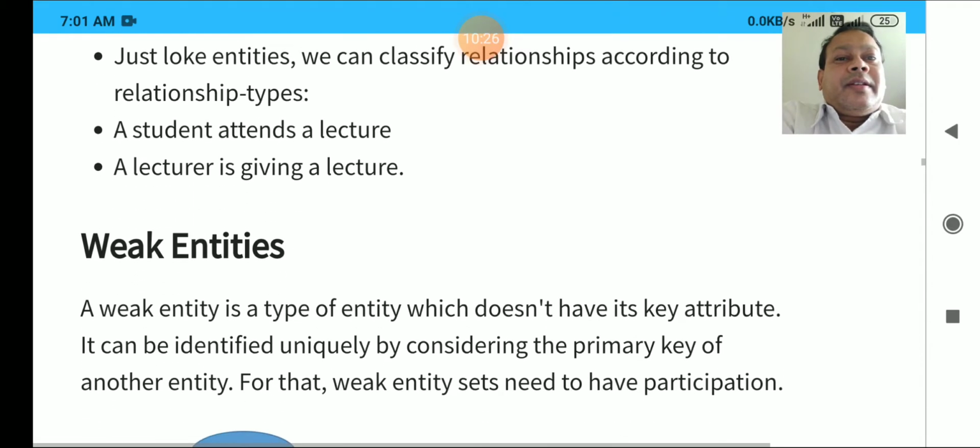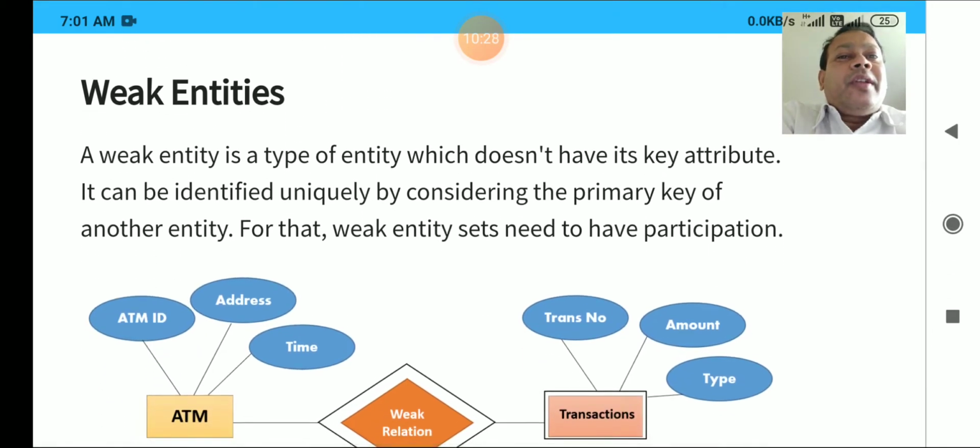Now some examples are there. Now coming back to the weak entity. The name itself depicts that it is weak, it is not strong. So what is the meaning of weak? A weak entity is a table in which we are not going to define a primary key. I will let you know about primary keys because we are supposed to study keys also. A primary key is some sort of key by which we can take the entire record.